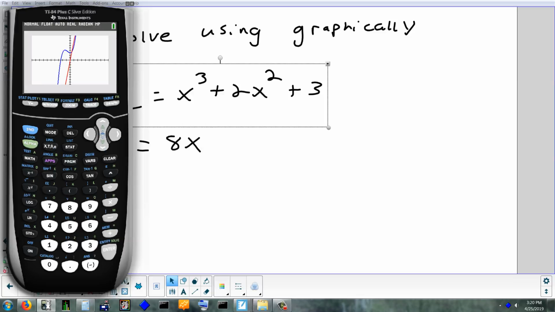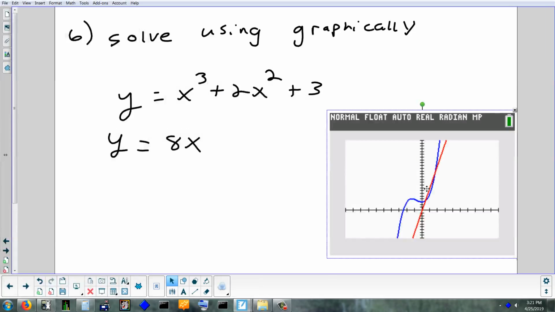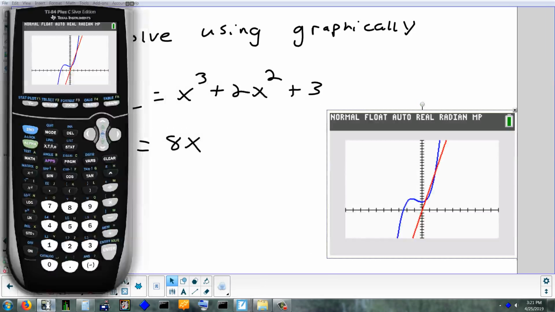I think it does. So what would I want to do here to check that out a little more? Zoom in or change the window. Yeah, I would set my y max, change the window to maybe like 25. So there's the cubic. Now, I can see that they definitely cross at least twice. Do you think they're going to cross down lower again, too? Maybe. It could,